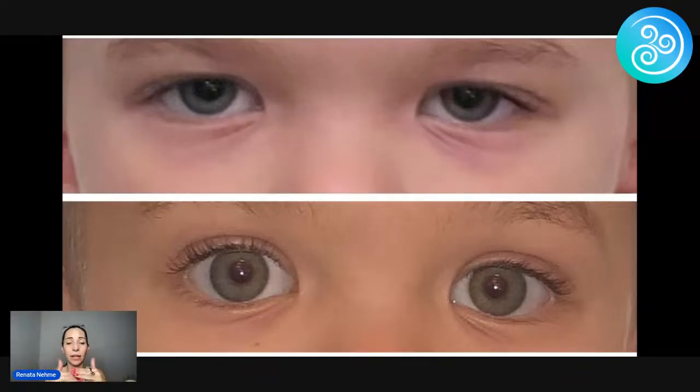With the white sclera, what I started noticing was that just after myofunctional therapy, that was improving. Sometimes the purple also was improving and the allergic shiners. But why? So there's a couple reasons. One, most of these patients have their head low. And you guys can all look in the mirror right now. If you put your head down and you look up, all of a sudden you can see more of the white sclera.